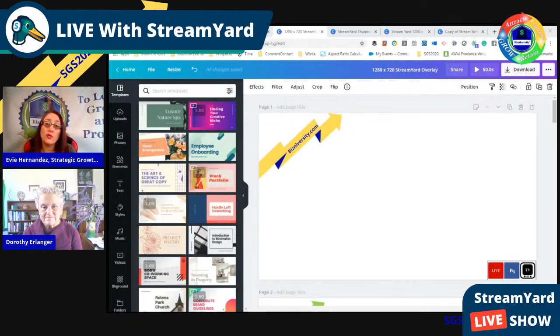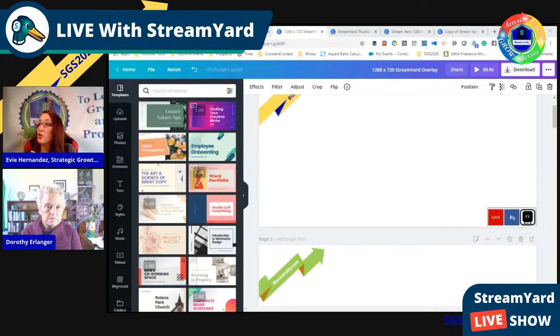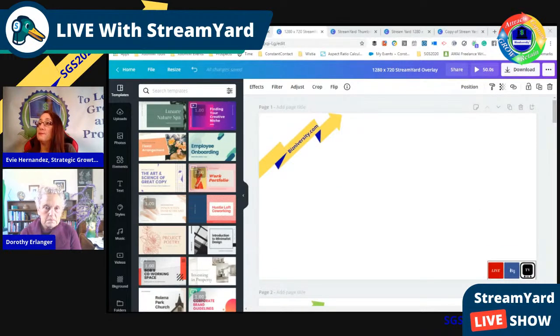So because of that, when you go to the back end here and look at the overlays, you may want to have different shows, and then the overlay might want to be different. What I want to show you is that the big difference between the first graphic that we created to announce that you're going live on Facebook on StreamYard, for example, was not transparent. The overlay is transparent. And all you have to do for that is you go here, like you're going to